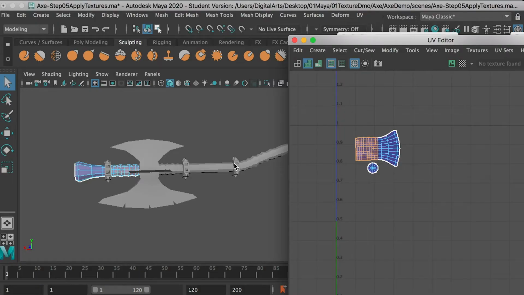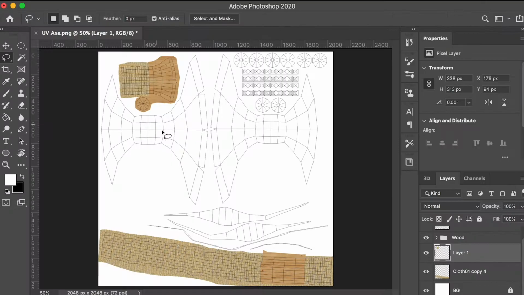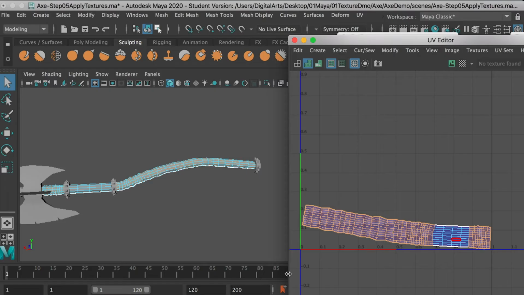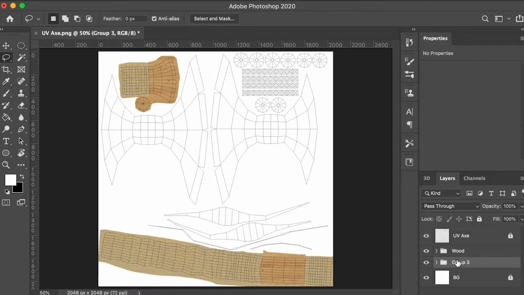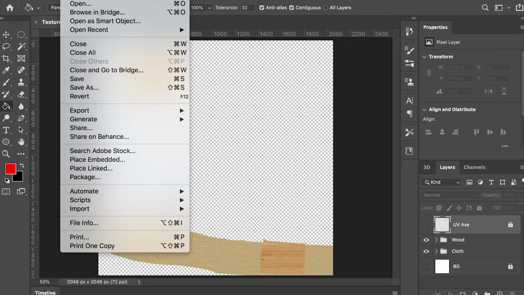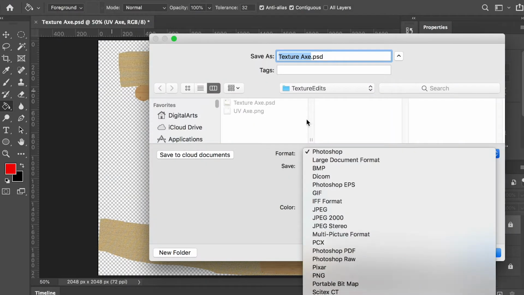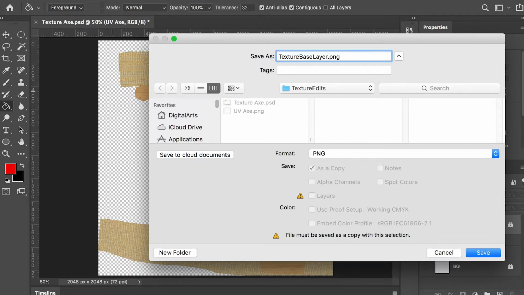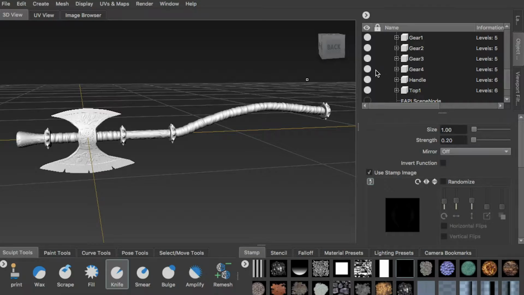Once you get everything, double check to make sure your texture is accurate. Then we'll pack them together as a cloth folder, and save this texture image as a PNG image,